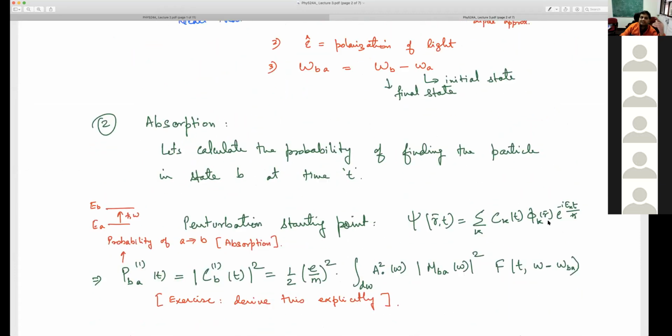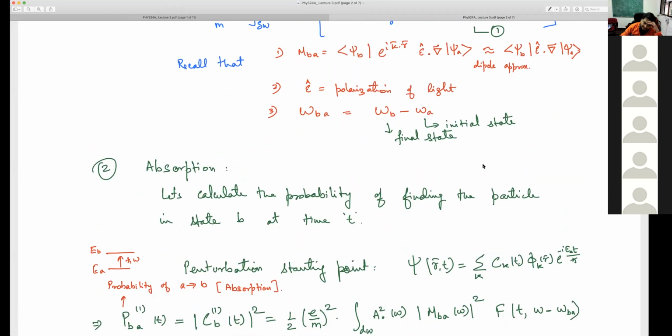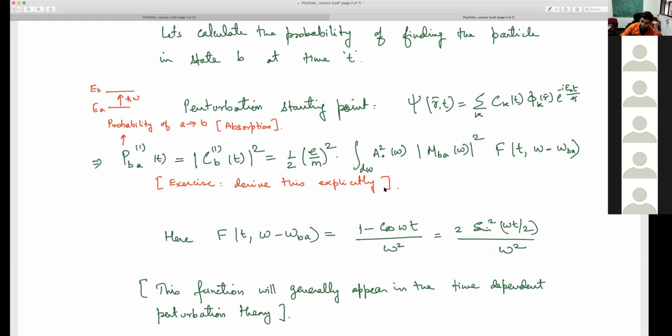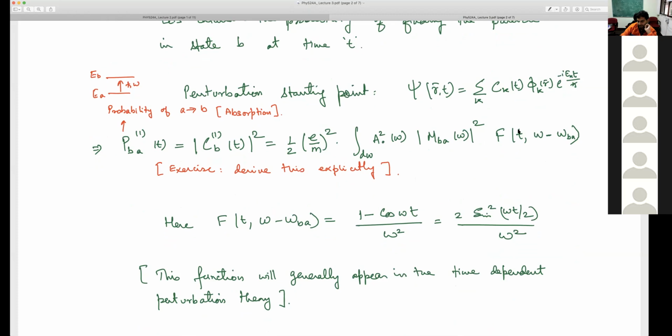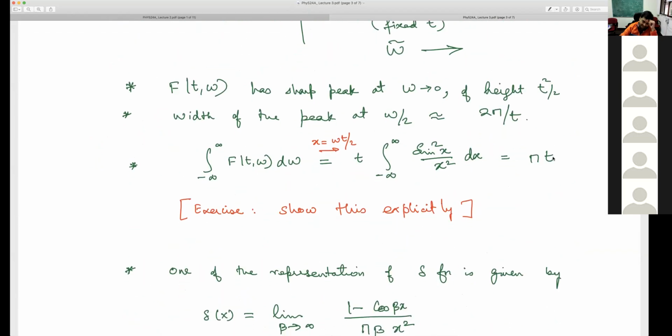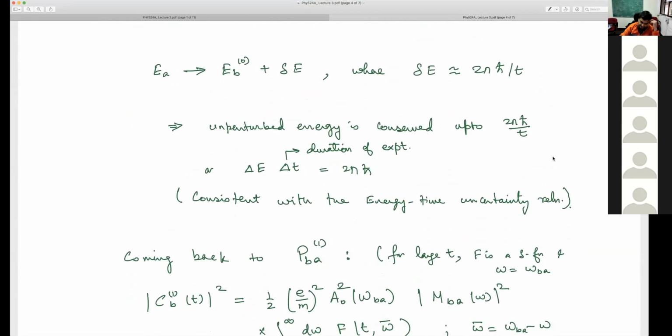Okay, so all that we did is we started from this C_B1. We calculated the wave function coefficient in the last class. We took a mod square of that one term corresponding to the absorption, and we calculated P_BA. I did not do this explicitly, but you will do this explicitly. Using this, you can show that it is given by this quantity, and then we analyzed how the time dependence behavior of absorption looks, and connected this to the uncertainty principle and to the width of the transitions, and so on.